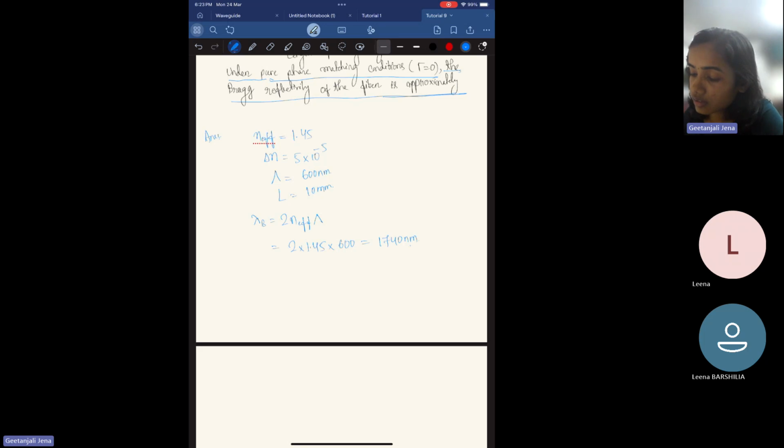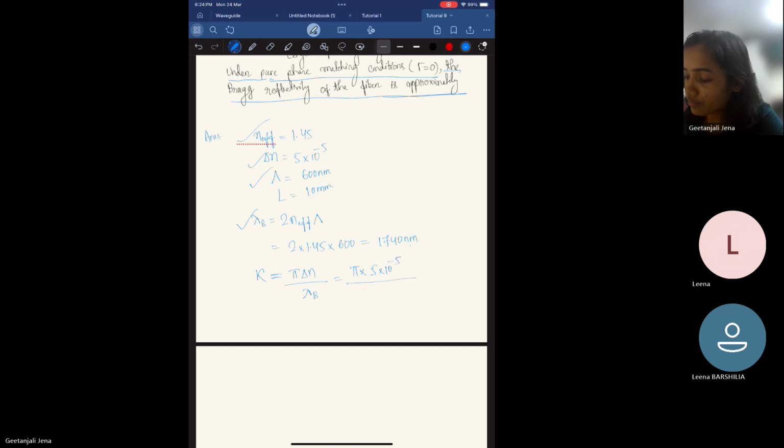If we recall, in the question delta n is given, lambda B we have already calculated, and the n effective is also given. So if you recall the lecture, one of the expressions for the coupling coefficient is given by pi delta n over lambda B. We'll see a general formulation for this coupling coefficient, but for now we can take the expression as pi delta n by lambda B. So delta n is already given, 5 into 10 to the minus 5, and lambda B